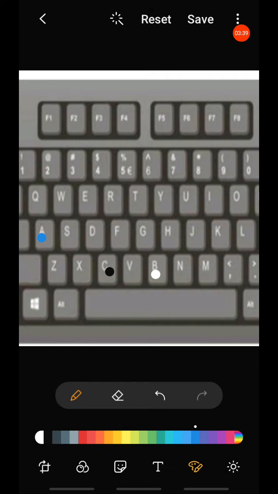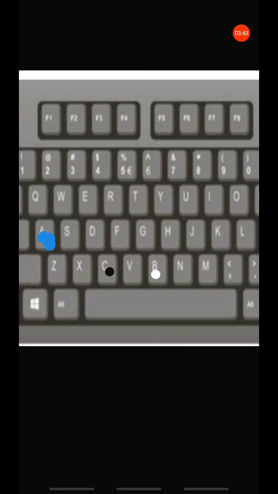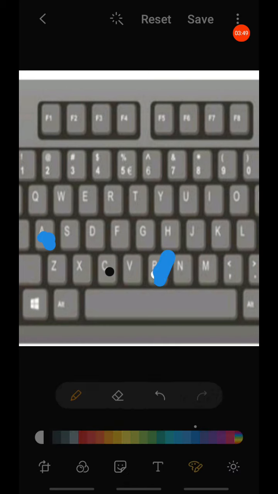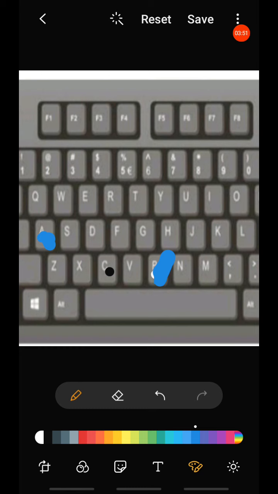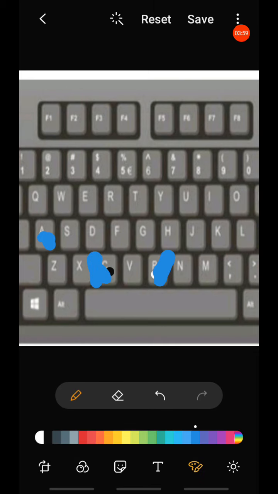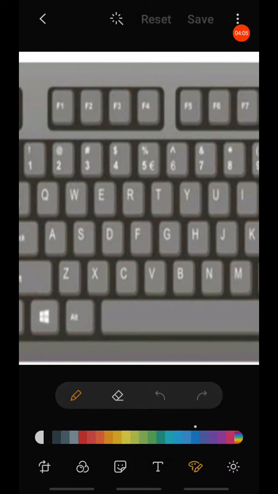So we have to type A with our little finger, B with our left index finger, and C with our left index finger. Okay, so hope you have understood the A, B, C keys.